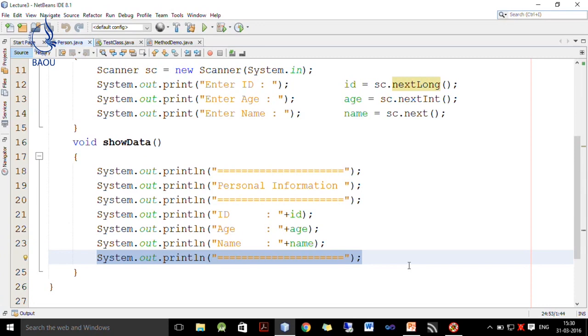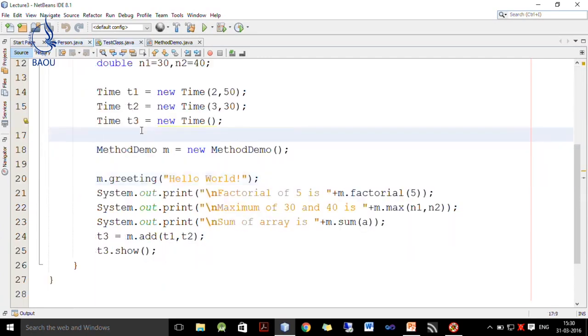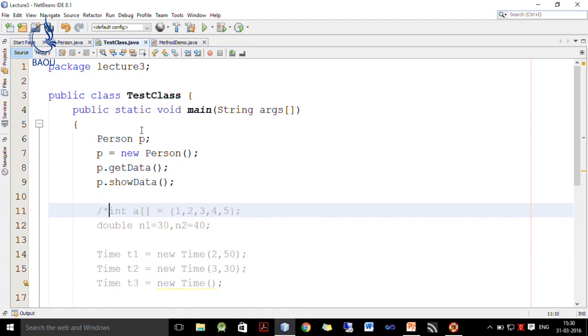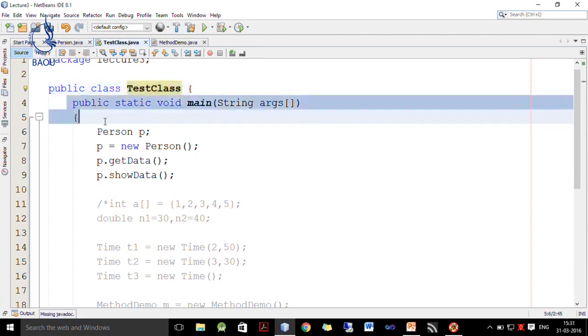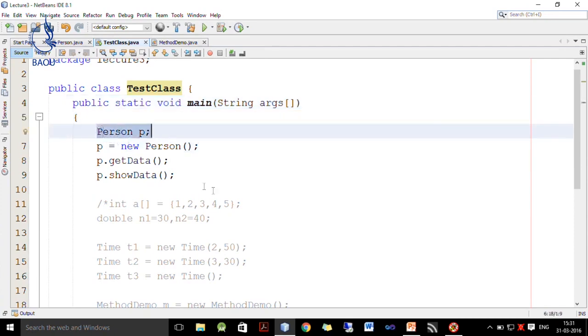Now, how to test this class? This class is public, so it can be called inside the test class. Here I comment out this portion, and now this test class has a main method. Inside public static void main we define one Person object p.